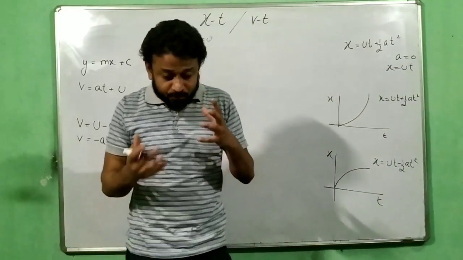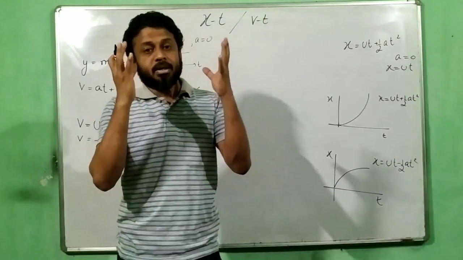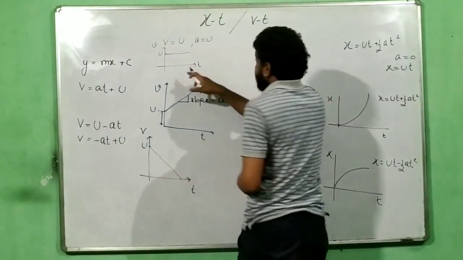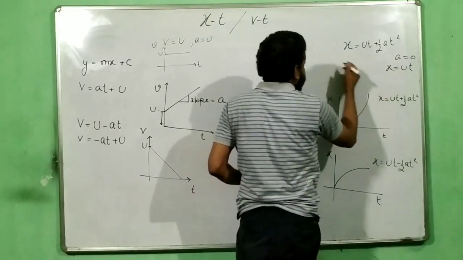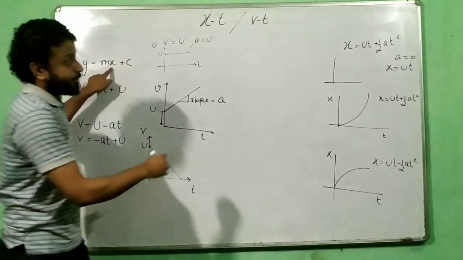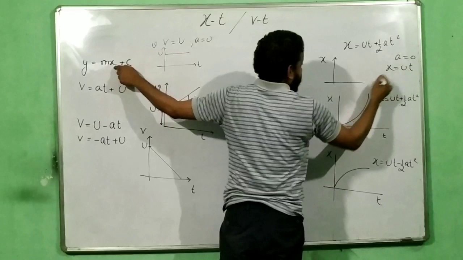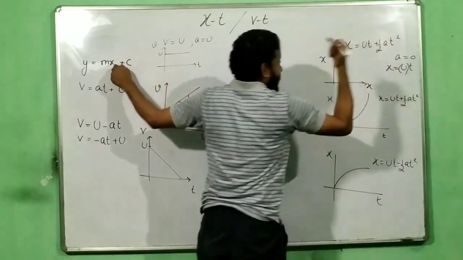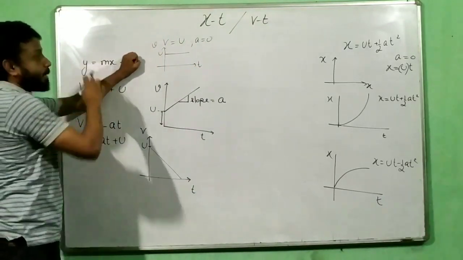So you have to first realize what is happening in that physical situation, whether there is an acceleration or not. If there is no acceleration, in that case my vt graph will be a line parallel to x-axis, and this is nothing but a straight line. Remember y equal to mx. The only difference here is this is x, that is the y-axis, this is t, this is my x-axis, and this is my slope with intercept as 0. So if I put the intercept as 0, it is in the form of y equal to mx, straight line.